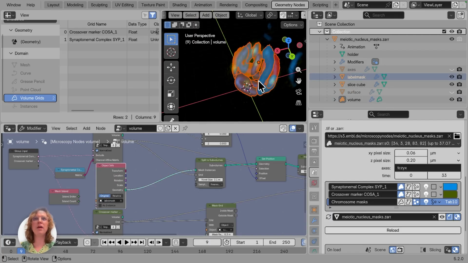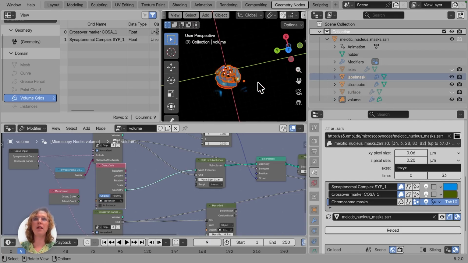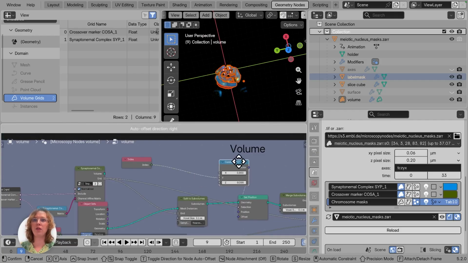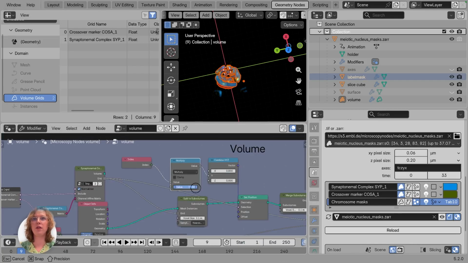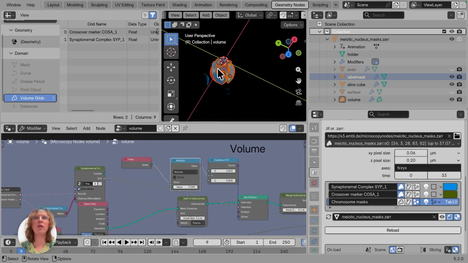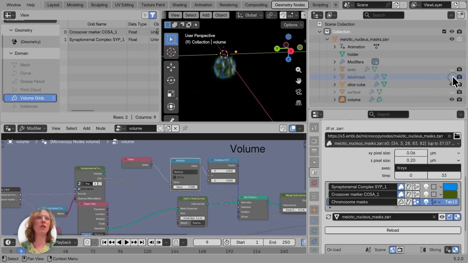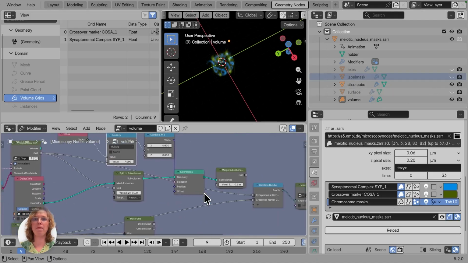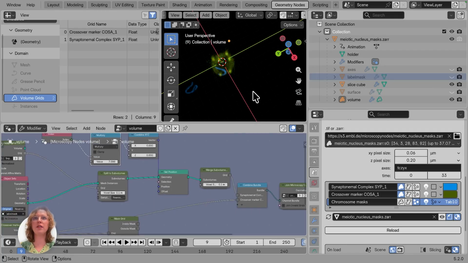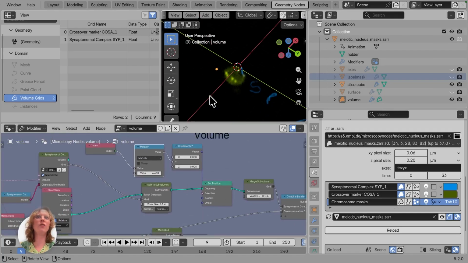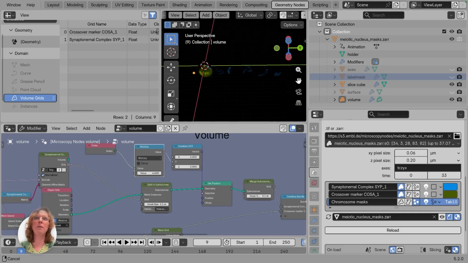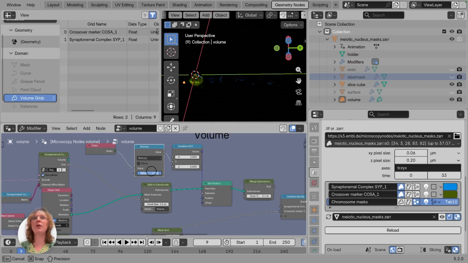We can put these mesh instances in instead. And we can multiply our index a little bit. Why is nothing happening? And we can reconnect the thing here. We can see that we now have all of our 6 chromosomes, and we can, with this multiply, scale how far they are along this axis, and we can also animate